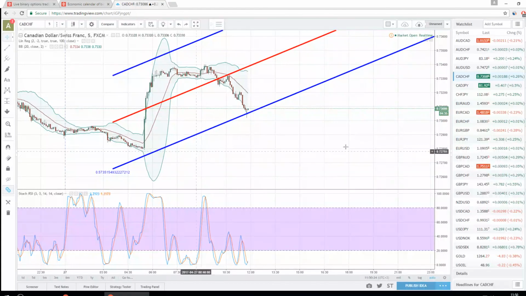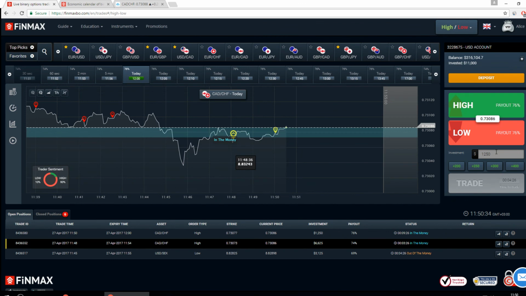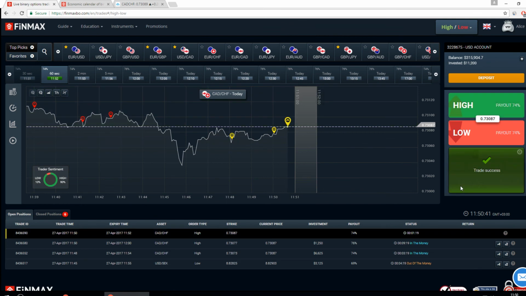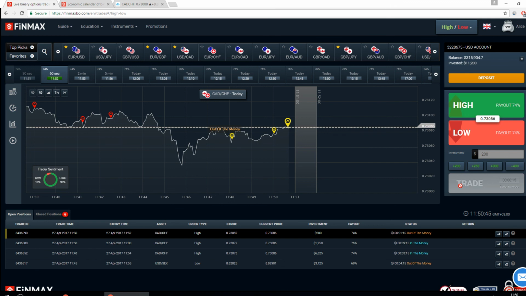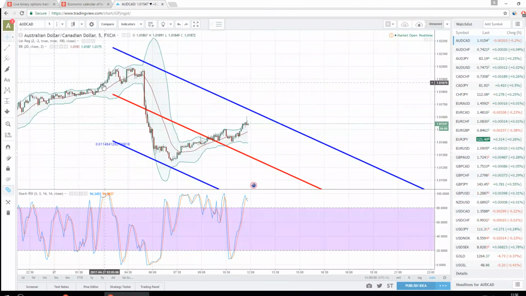Okay, and meanwhile, let's see what we can do on the shorter time frame. Well, here I believe it will go up for 1 minute as well. So I will open the cross trade for 1 minute for the same asset. The situation is pretty interesting, pretty suitable, so I won't omit it.